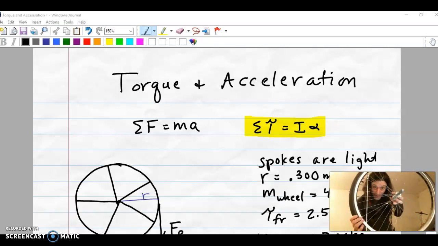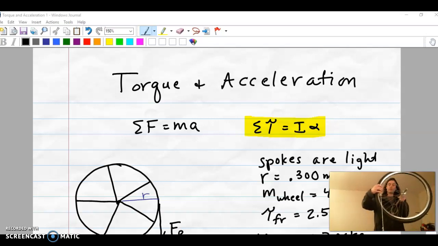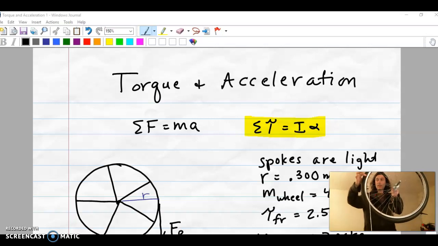Wheel, wheel, wheel. What do we have here? We have torque adding up to something. In this example, it must be something. Okay, what I want you to visualize is a bicycle tire